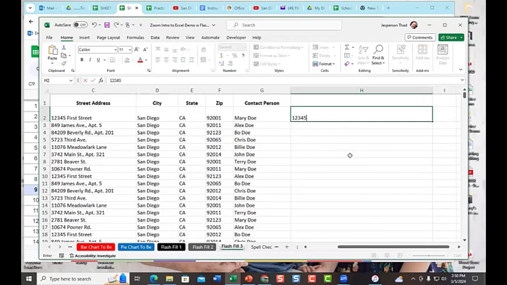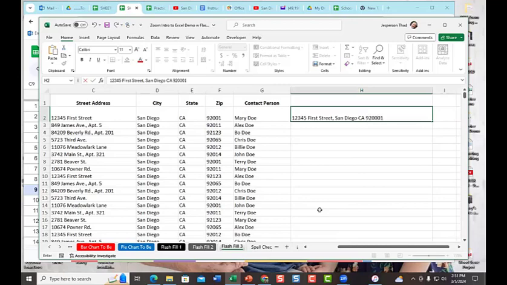12345 First Street. And remember, if I misspell something, it's okay. As long as I don't hit enter, I don't have to go back and start over. So that looks good. 12345 First Street. That's two letter strings and one number string. And it came from where? C2. So that's the pattern it's looking at. We now add a comma and a space. And then we need San Diego. All right. And then another space and then CA. Then another space, and then we need